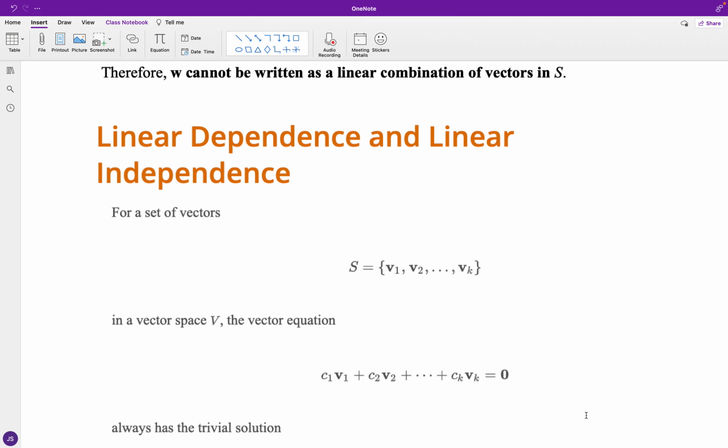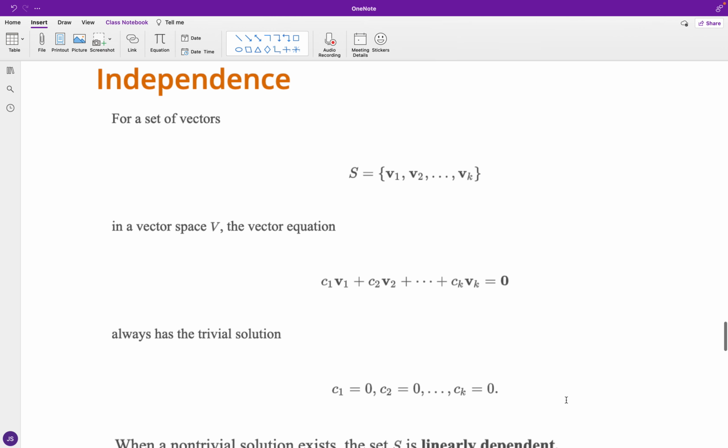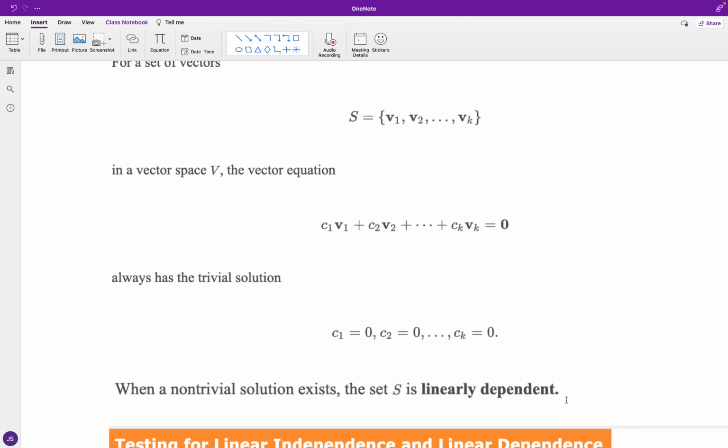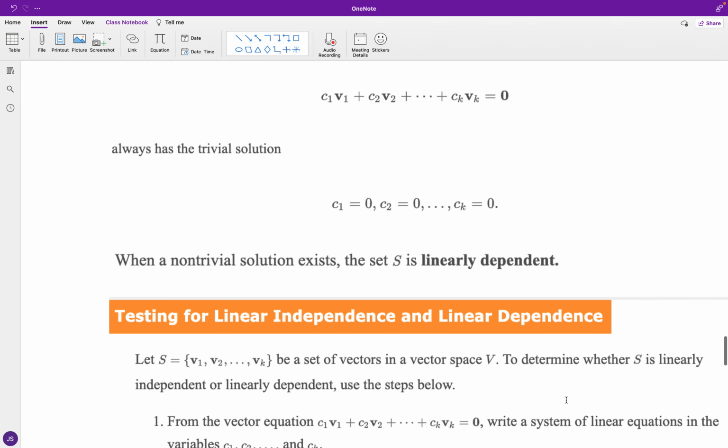Always has the trivial solution: c1 = 0, c2 = 0, ..., ck = 0. If we have a non-trivial solution, then the set S is linearly dependent. And for the case of testing for linear independence and linear dependence,